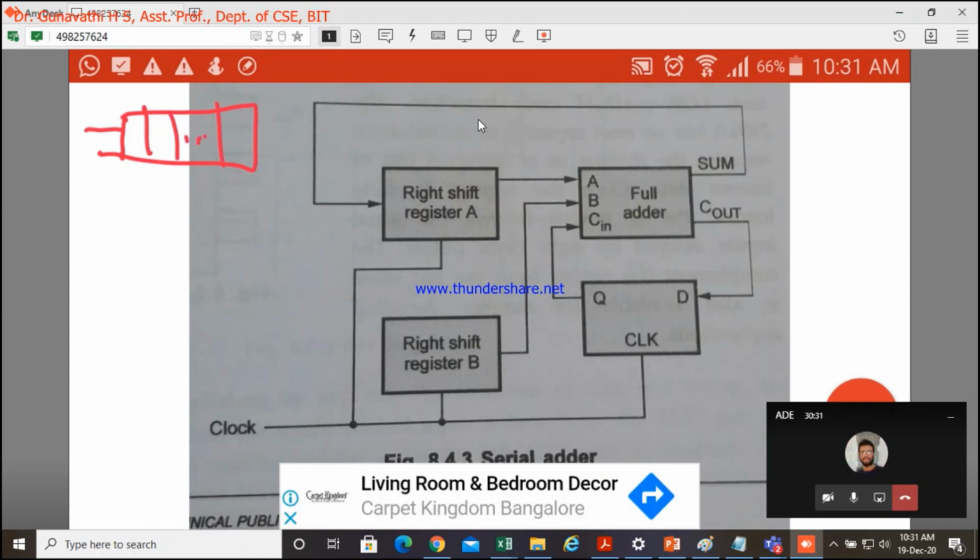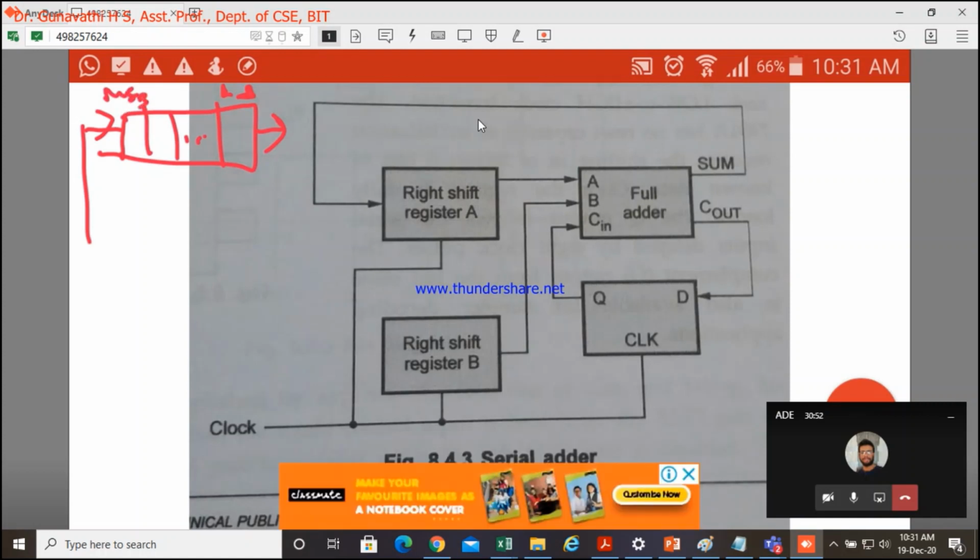I'll be storing the data over here and extracting the data from this, because the reason it's written like this is that it will be easy for the students to understand. The data will be loaded from here and we are going to extract the data from the LSB. So from the least significant bit we are extracting the data, and from the most significant bit we are loading the data into the register. This loading and all those things will happen only based on the application of the clock. We should never forget that. So here we use only one full adder, because in the previous problem we were adding in parallel. Now we are adding serially.